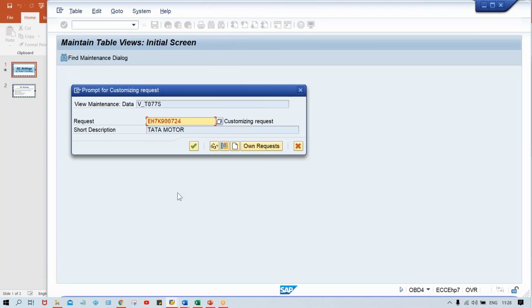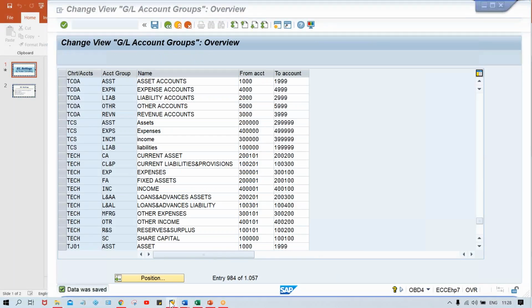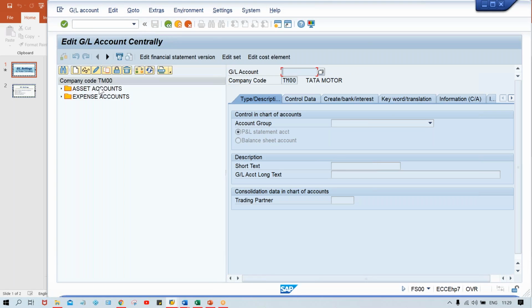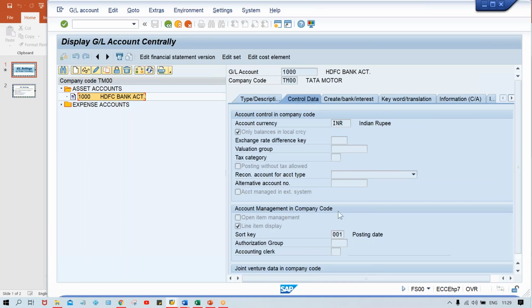If I suppress it and save it, just look at the impact, guys. It means at account group level I have made the changes, and the impact is there at the GL account, because the GL accounts are created against the account group itself. Now I'll just do one thing to refresh this screen: /NFS00, then the changes we have made will be applicable. Now if you have a look here, double click on this bank account and click on the control data tab. Look here, now the inflation key and tolerance group are gone. They are not appearing.